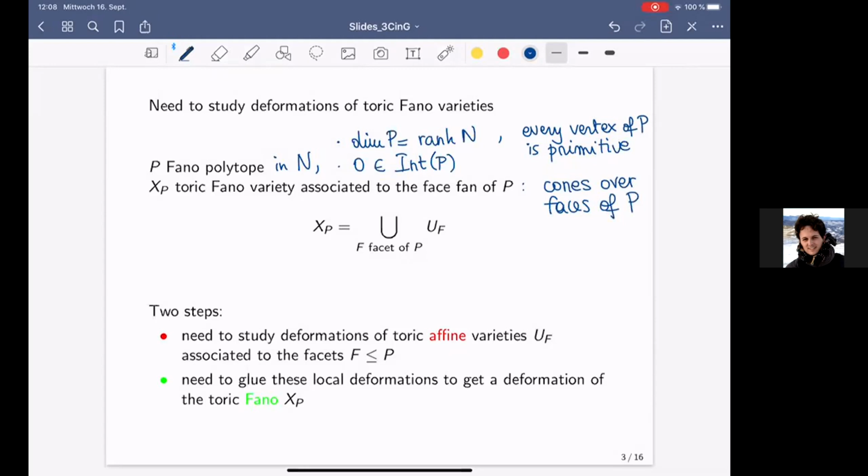And then you create XP, which is the toric Fano variety associated to this fan. I mean, the toric variety, and then from this construction, you know that this toric variety is Fano. And of course, as usual in toric geometry, this toric variety is obtained by gluing the affine charts, the affine patches. And so UF here is the affine toric variety